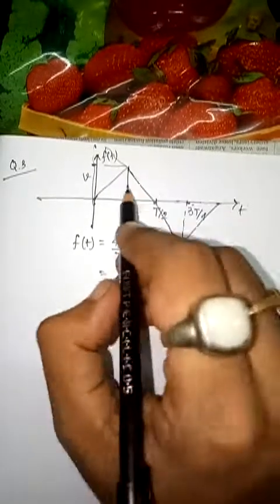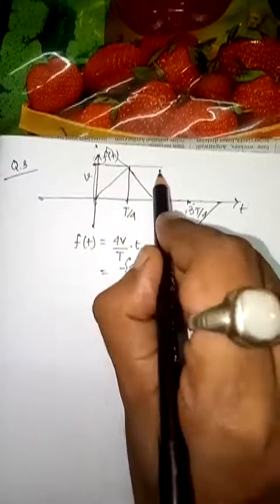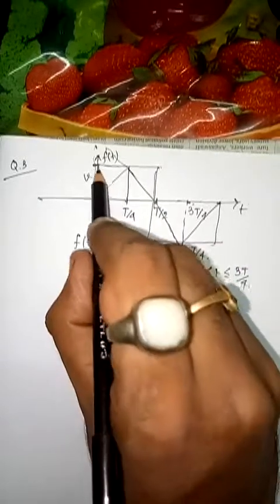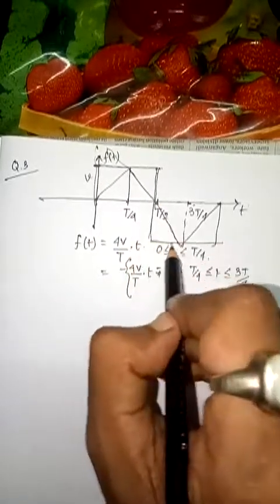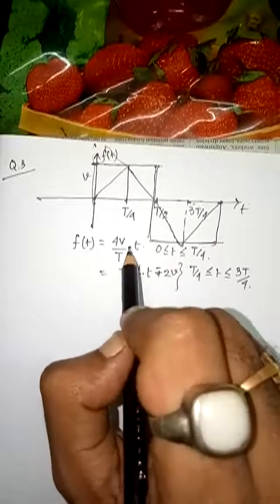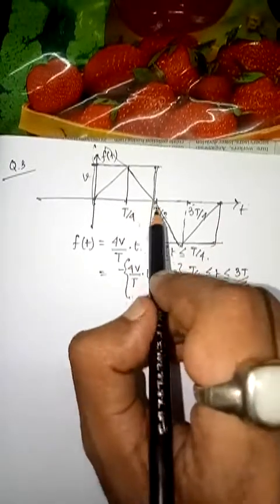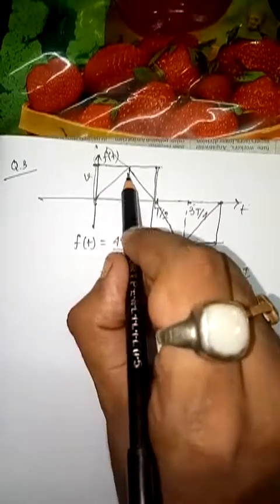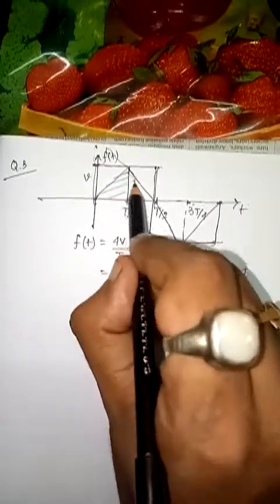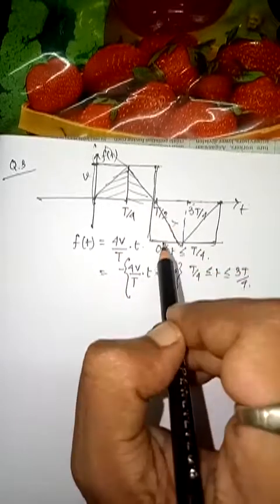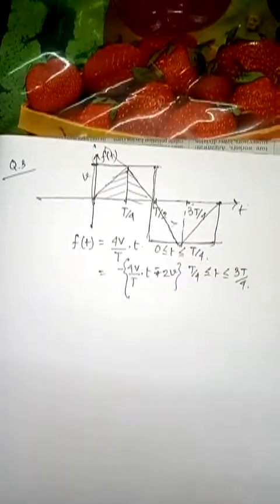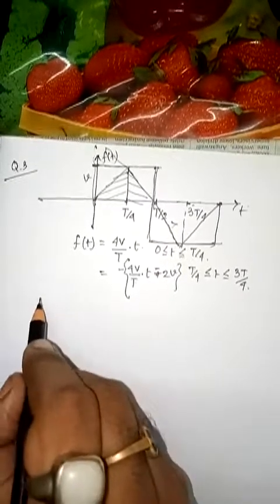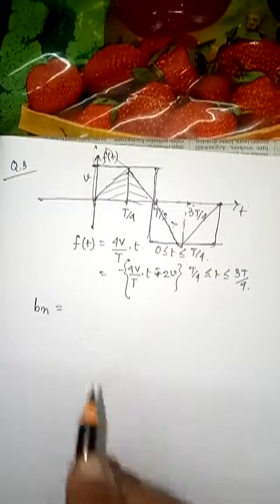So actually what I am saying is that I can see two waveforms here, like this and like this. By the concept of the gate waveform, you should know that this particular function is obviously an odd function. So in the case of an odd function, only bn exists, not the others. But if you are considering the odd function, you have to take the Fourier transform of this particular part only, not this one. Why? Because the same function is repeating itself. So therefore you have to find out the Fourier transform. What is the value of bn right here? So what is bn?